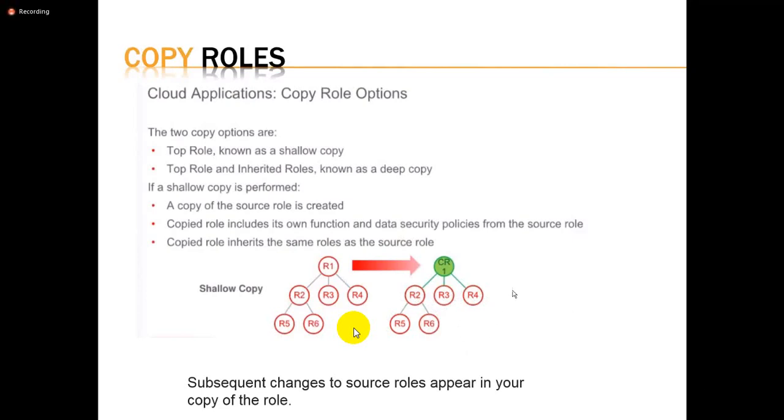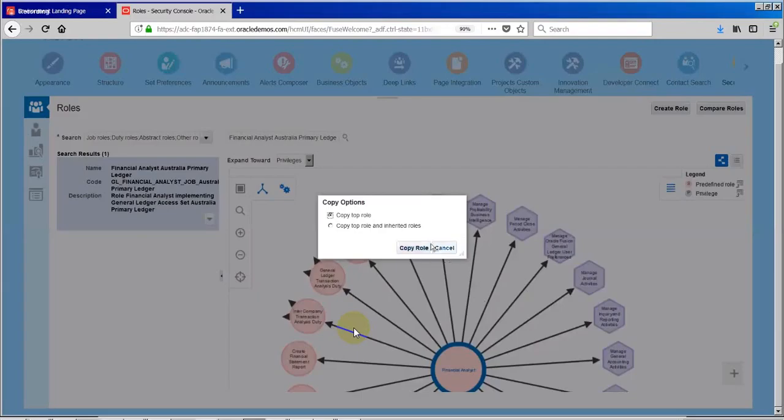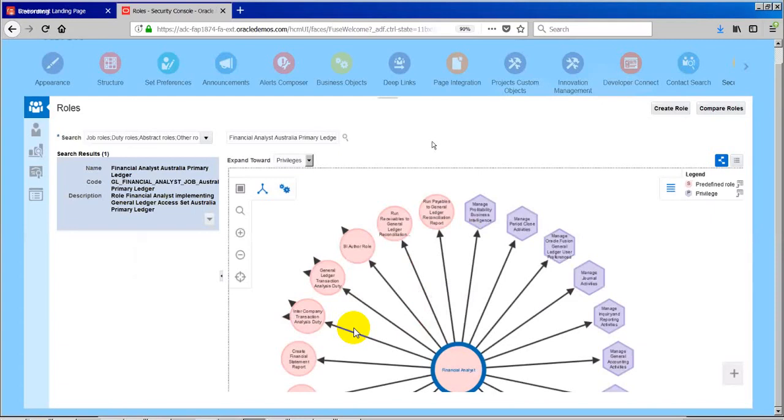Okay. Right. So I'm going back into this copy role. Now I'm not going to copy that. I'm just going to say these are the two options we have. Before copying it, I just wanted to introduce two other small functionalities, which I'm going to talk about in more detail.